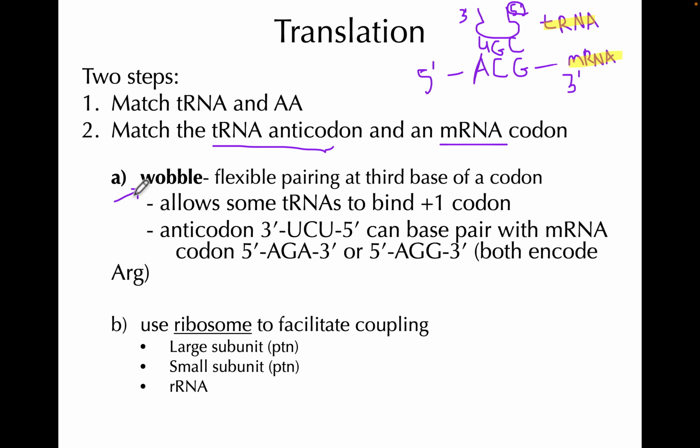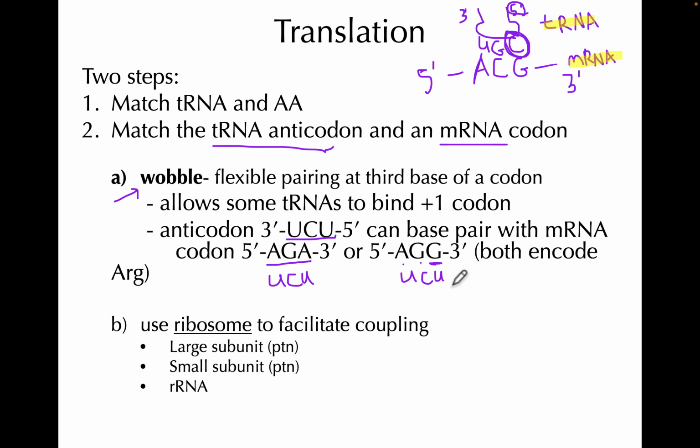There is a phenomenon we call Wobble, which means that some tRNAs can bind more than one codon. And it's always in this third spot here. So not all, but sometimes that third spot can match up with a non-complementary partner. So like for example here, AGA should always be UCU, right? Which it does bind to. That's the anticodon. But it turns out that AGG here, the G can also bind with UCU,